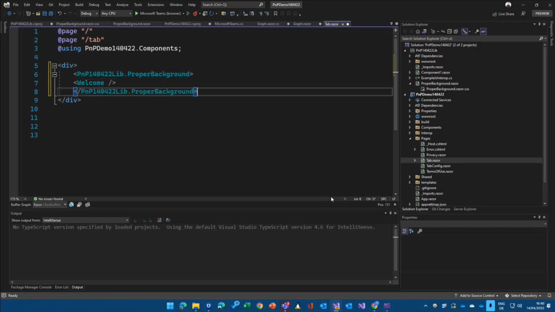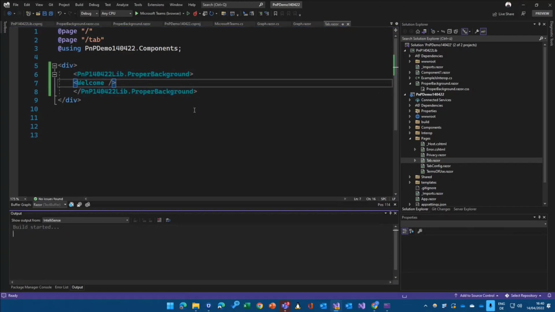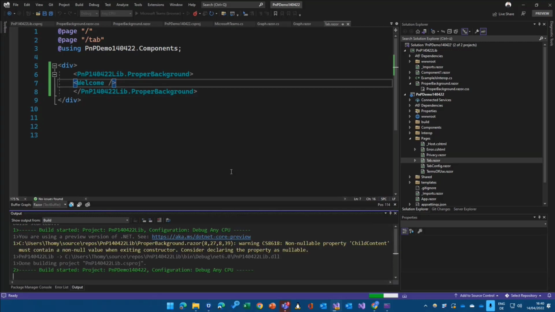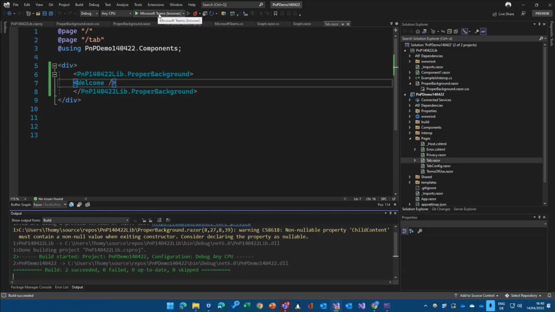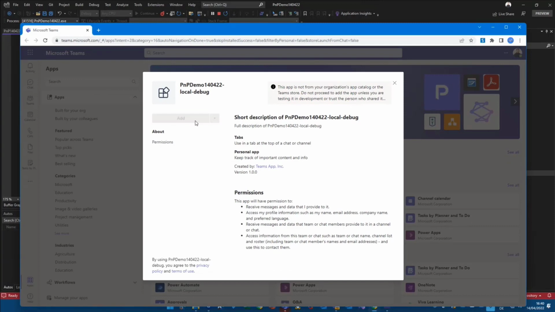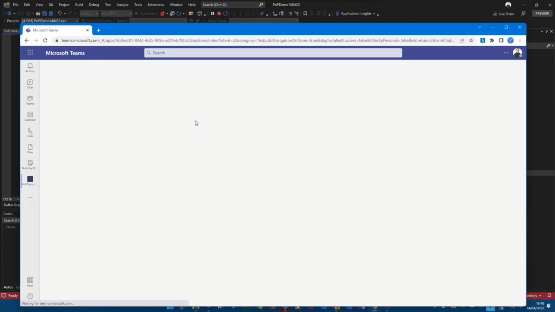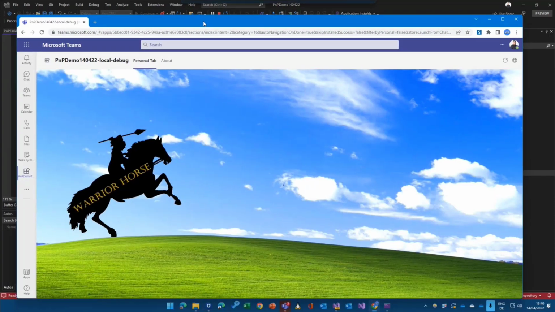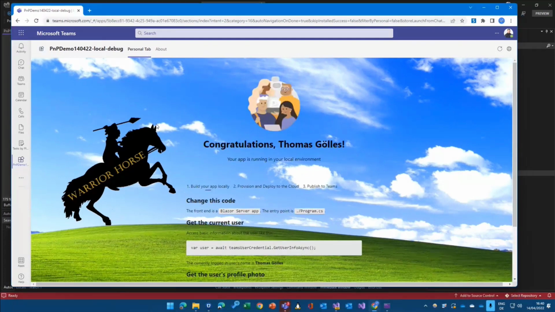Take that, and basically wrap all the built-in sample with my new proper background file. Let's try to make a build. All right, let's create a build. Yeah, 10 seconds and you will see where I'm heading, because I'm installing this Teams application again. And you see a nice background, with a nice handover actually to Chris.